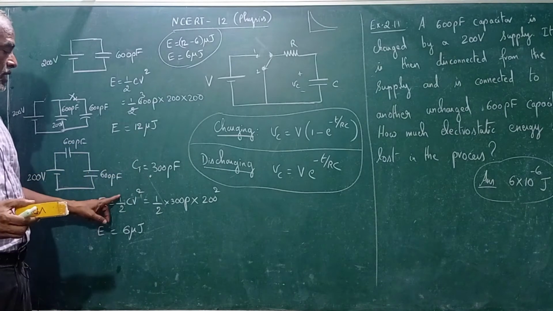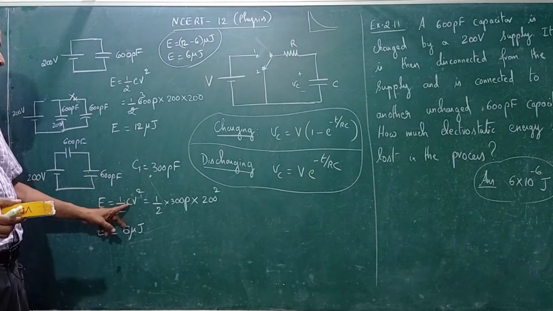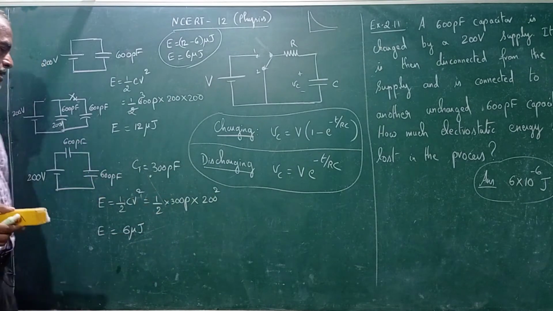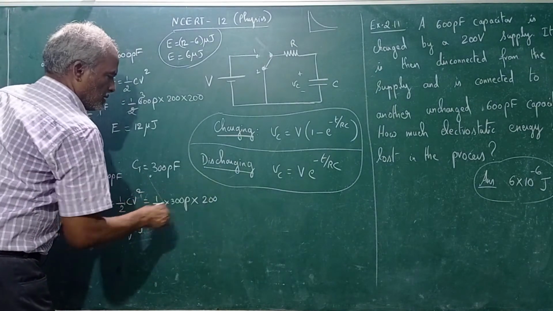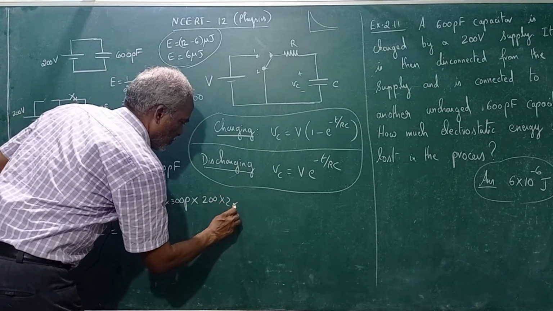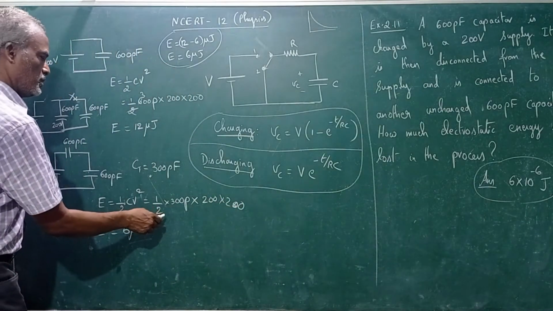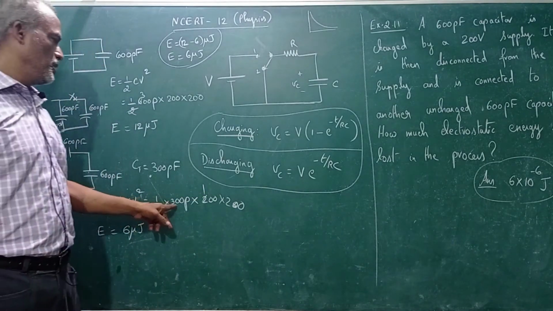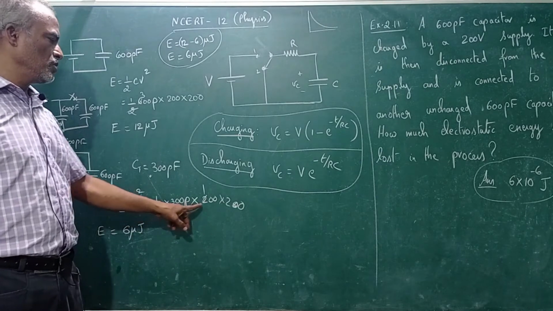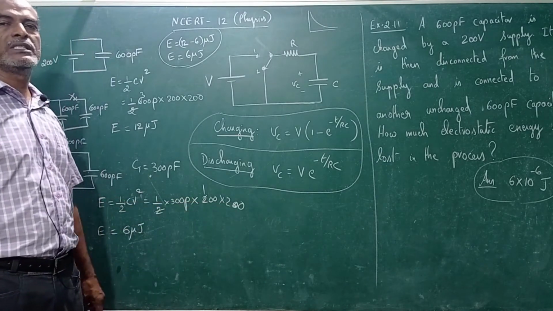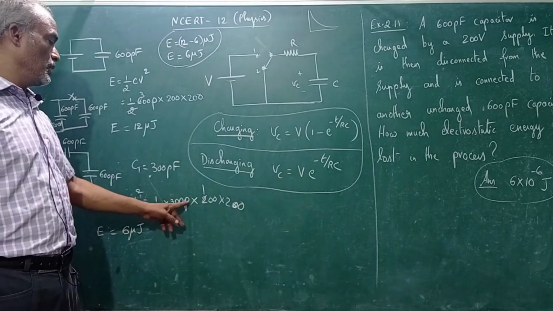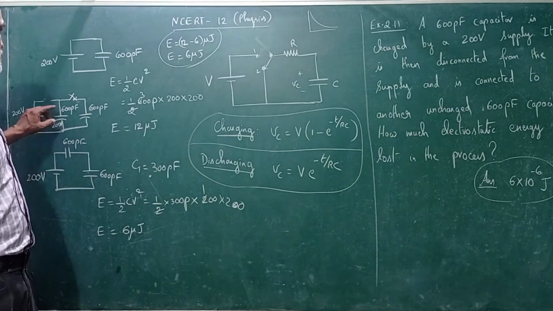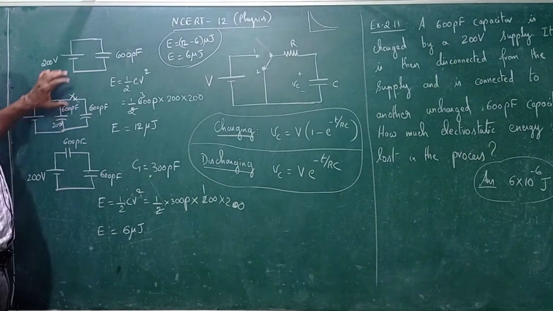Now energy is equal to half CV squared. Half C is 300 pico and voltage is 200, that is 200 into 200. Now the same thing happens. 3 2s are 6, and the zeros. Pico is 10 power minus 12, so you will get 10 power minus 6. So 6 microjoules. So when the switch is connected here and this is open, it is having an energy of